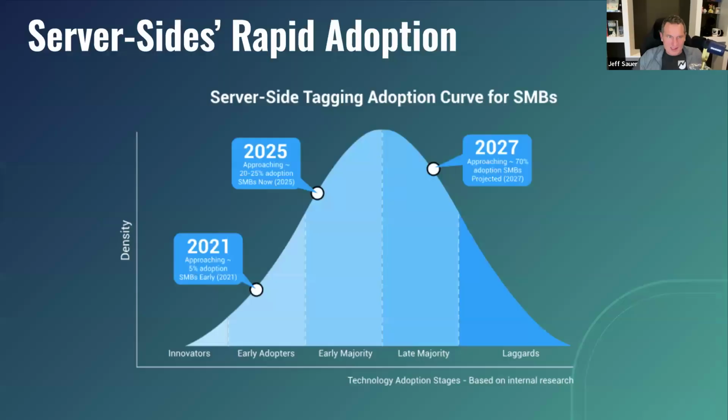Now, this is a stat I came across this last week, and I've shared it with everybody that I can share it with. Julie shared it earlier today on our roundtable discussion, and that is just the adoption of server side and how fast it's happened and how fast it's going to happen. So it was a glimmer in our eye in 2021, almost entirely implemented by people in Germany, Austria, and the Central European area,